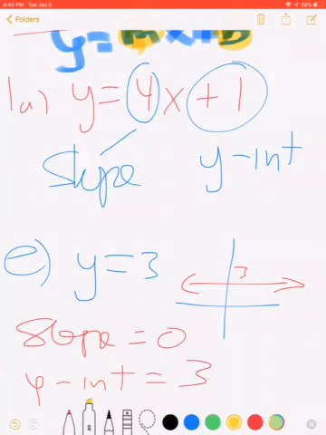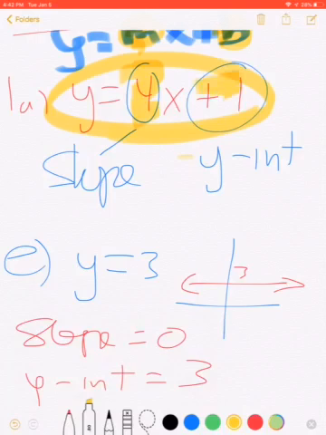There's your slope, there's your y-intercept. Just be careful with your signs. If there's a negative anywhere, include the negative. Okay. The next question that I want to do, I'm going to jump around a bit, is